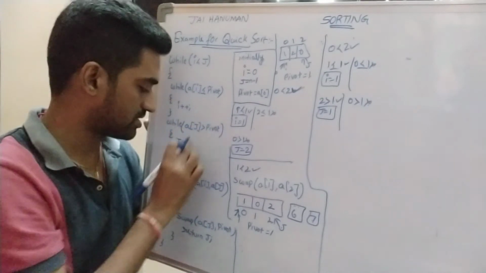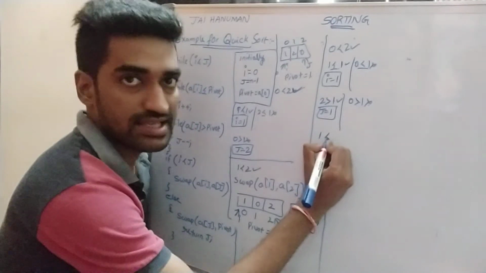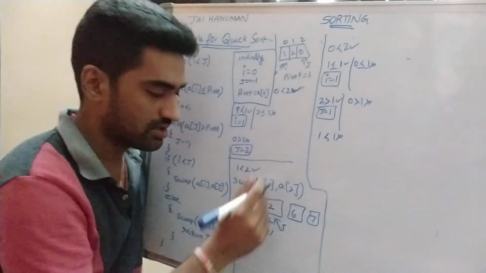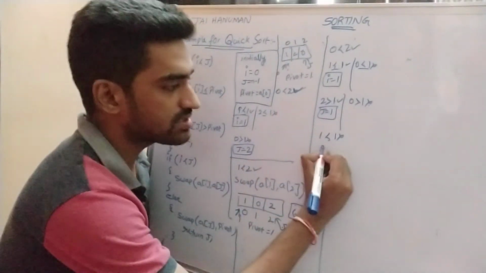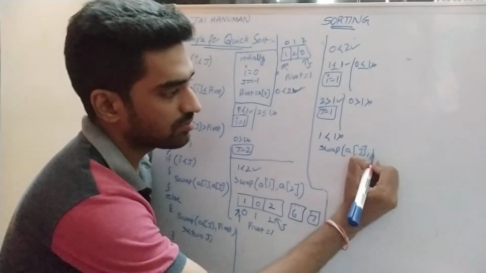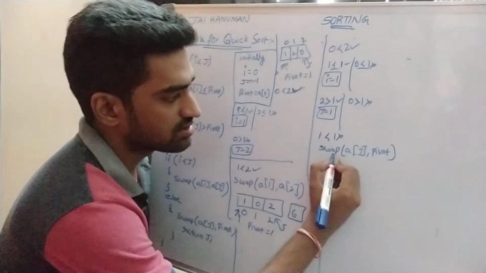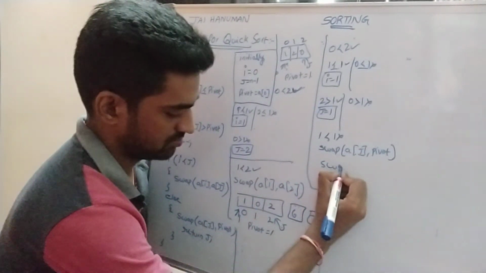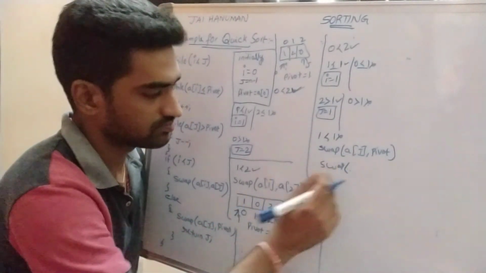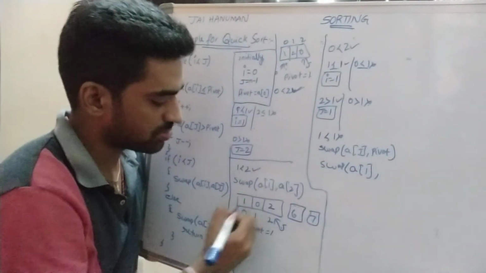So after completion of these two conditions, we are checking this condition I less than j. What is I? 1 less than j. J means 1 less than 1. So condition is failure. So that's why we are executing the else part. In the else part, swap A of j comma pivot. A of j comma pivot, right? So what is the A of j value? A of 1 comma pivot position.